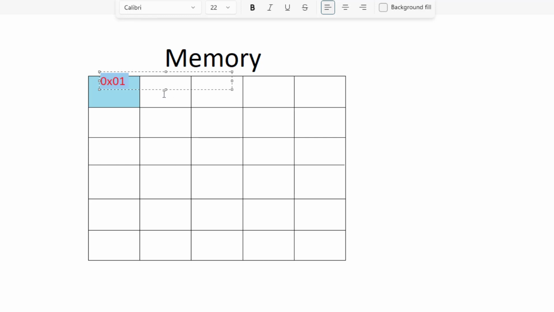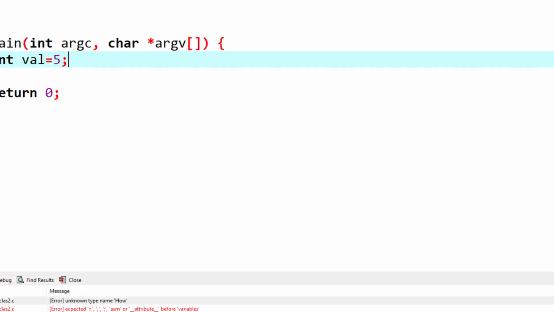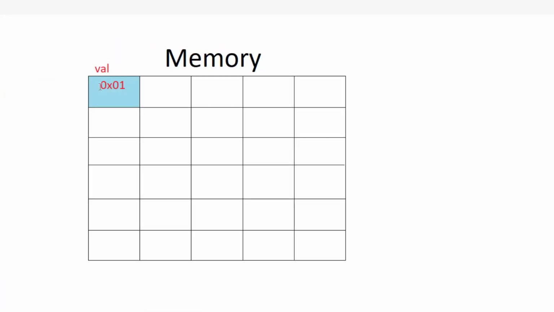So I'll tell you what actually happens when we declare a variable. These are the memory addresses. When we declare val, val will point to this memory address.